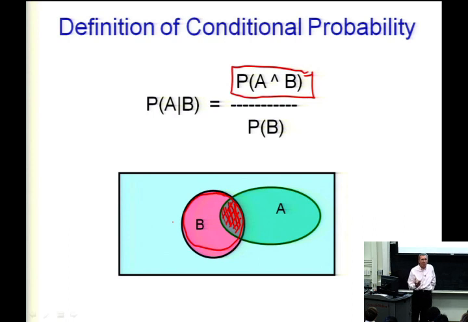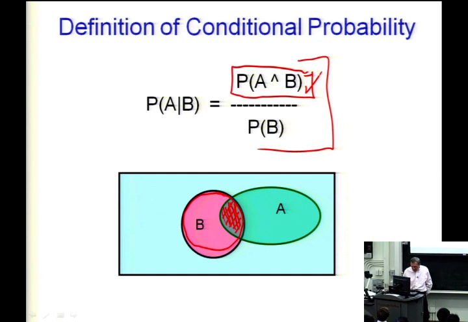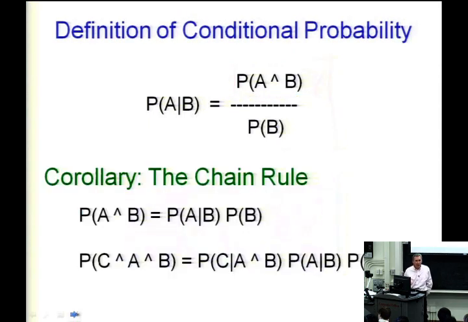So that would be the probability that A would be true given that B is true. And if you think of it that way, then you could even just write down this formula if you happen to forget it, because, of course, that hashed off area is just the probability that both A and B are true, and the denominator is just the entire probability mass associated with B being true. Okay, so I find that a handy